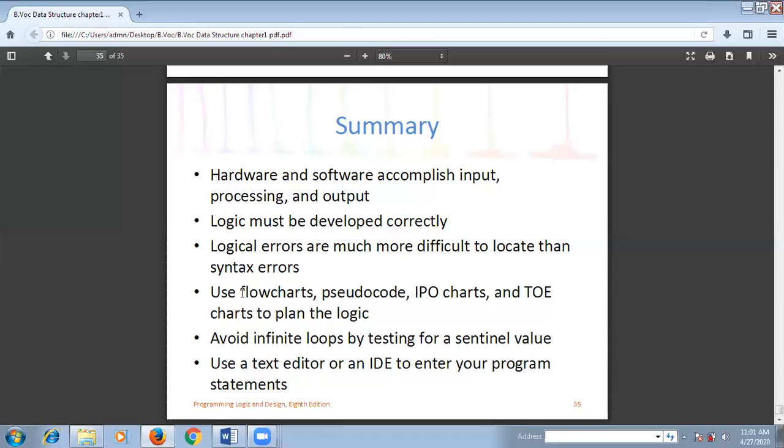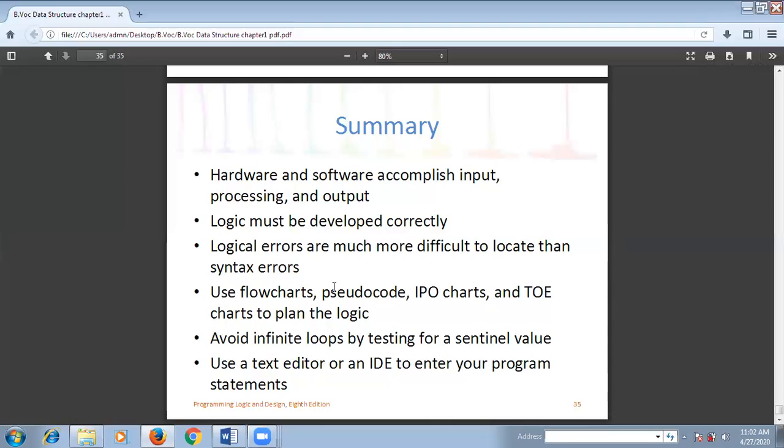Then we have seen what flowcharts are and what pseudocode is. A flowchart is nothing but a diagrammatic flow, a pictorial representation of how the system will work. It contains a number of symbols, and there is a meaning for each individual symbol. With the help of a flowchart, it is easy to plan the solution for the problem.